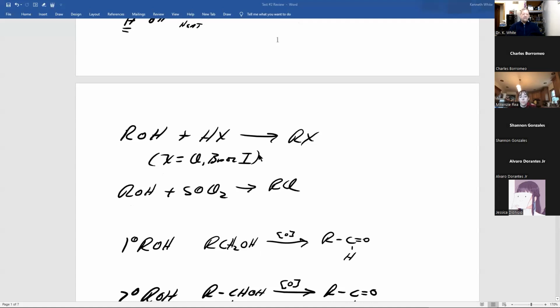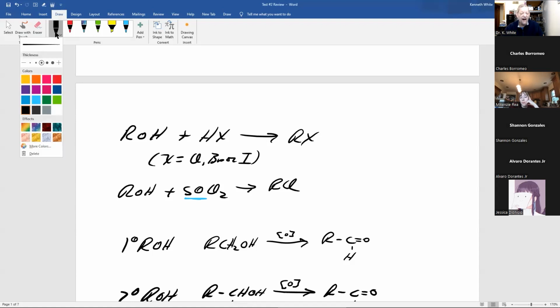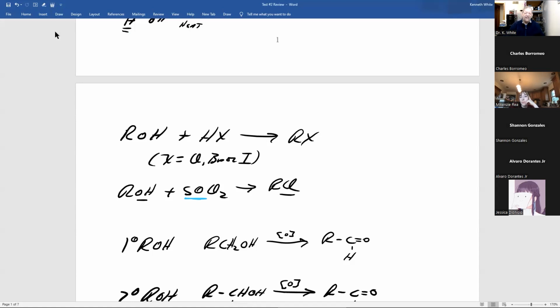Now, some other reactions. You take an alcohol and react it with HX, where X can be chlorine, bromine, or iodine. You replace the hydroxyl group OH on the carbon with the halogen from HX. Now, if you had a double bond, that could react with it. If you didn't want that, someone came up with a way: you take an alcohol and react it with thionyl chloride, and you replace the hydroxyl group with a chlorine on the carbon that had the hydroxyl group.